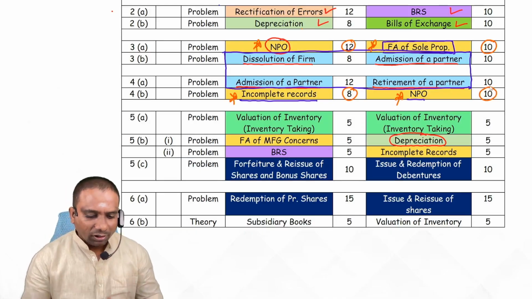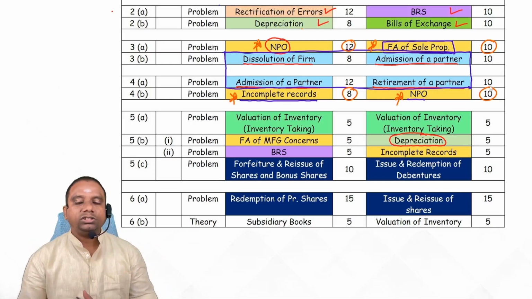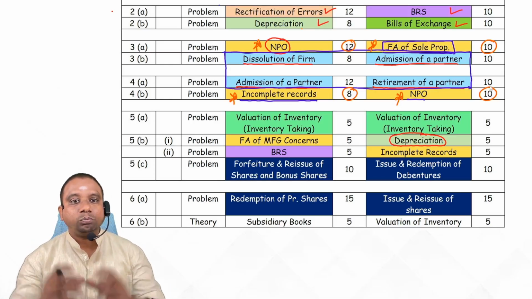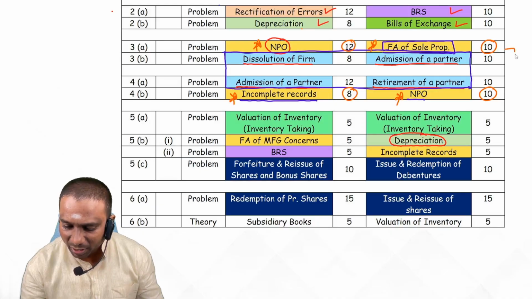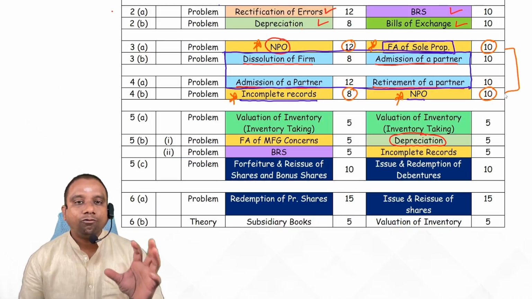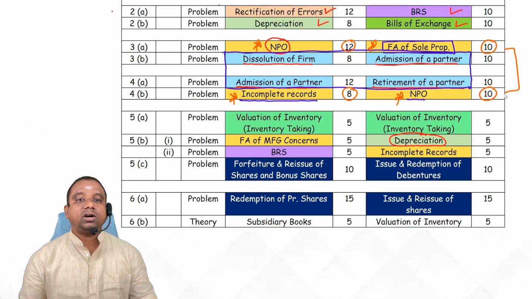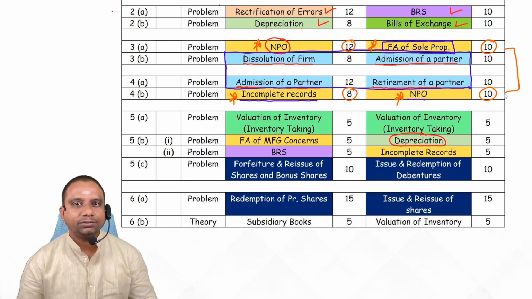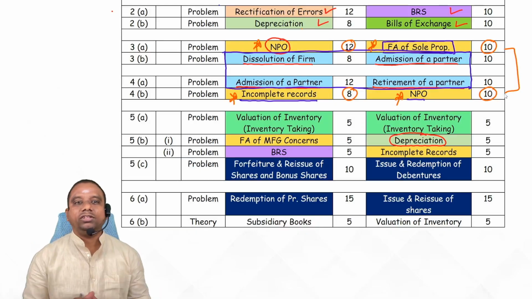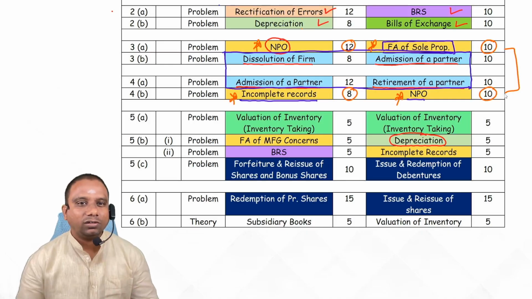And one more thing, observe in the third question and fourth question, they are asking questions from partnership accounts for 20 marks, students, 20 marks. So 3A and 3B, the third question and fourth question, are unavoidable. These are very, very important questions, students. To qualify CA Foundation, the third question and fourth question will decide whether you qualify at CA Foundation level or not.